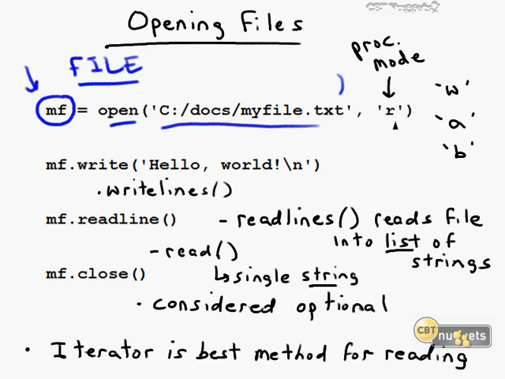Now, that's the r processing mode, what you see here. If you need to edit a file, or alternatively, if you want to create a file from scratch, you'll want to do the path to the file name, comma, and then you would do w for write. Write is used to both add content to an existing file or to create a new file. I would recommend you use this to create a new file and then add new content to it.